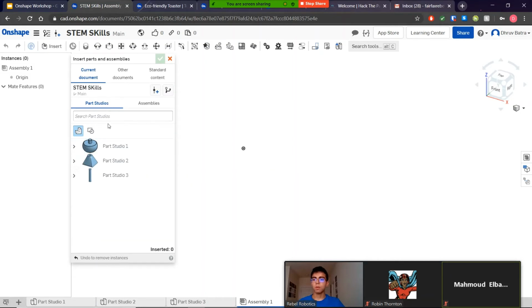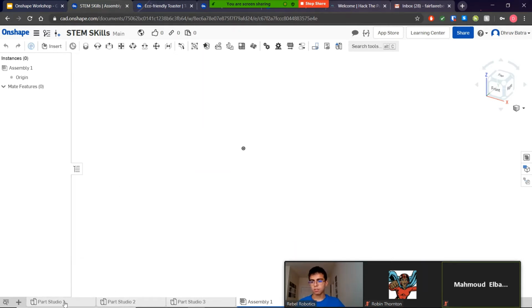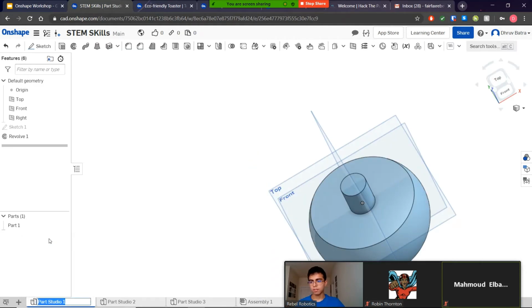First off, when I import, I can import from stuff within the document by default. These are the parts I just created, right? If I wanted to name those, I can just right click on it, rename, whatever. There's some other stuff you can do. You can set as a document thumbnail, which is just like, here,